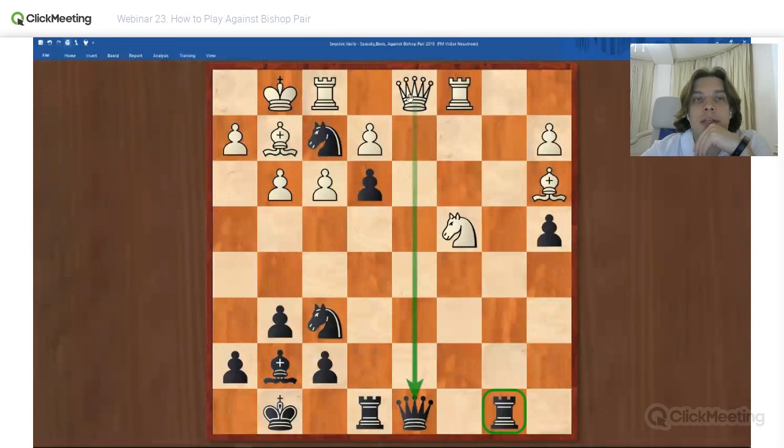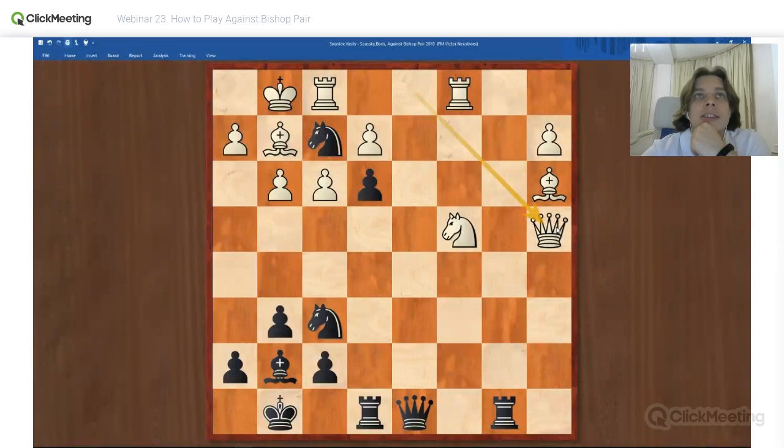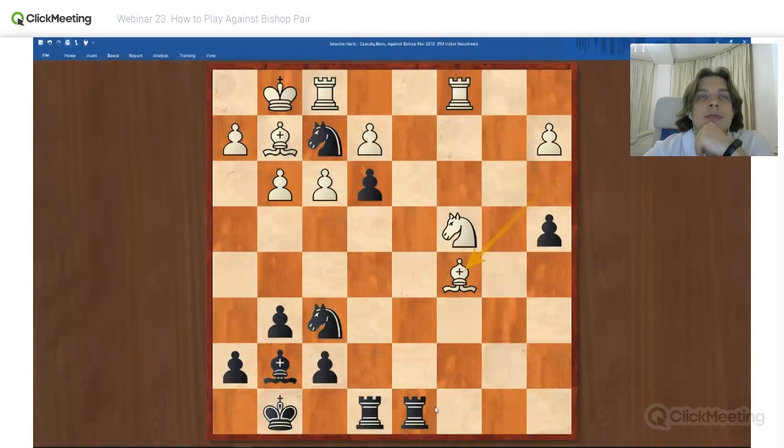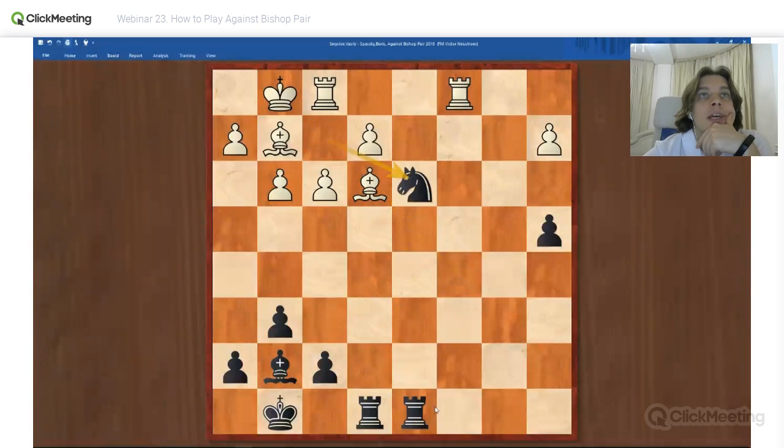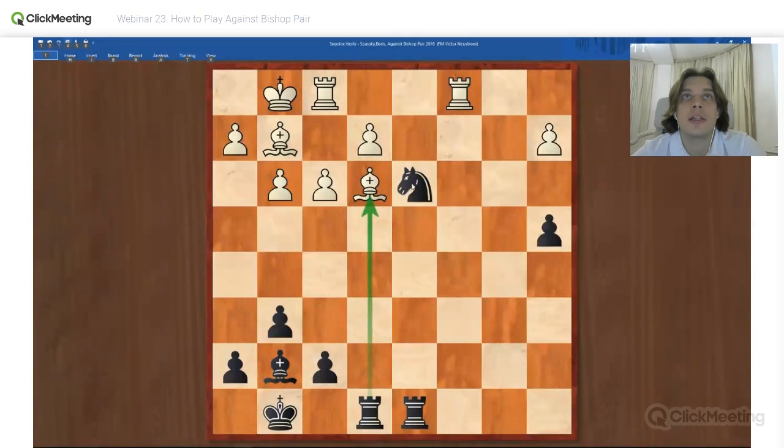Here, of course, he may take our queen, but he didn't. He decided to capture the pawn on a4, at least to get one extra pawn. If he takes the queen, then rook b takes here, then bishop c5 with the idea to attack on a3. However, knight d5, knight f3, knight takes a3, bishop f3, and then we play the knight d3 move. This is a double attack. His bishop is hanging and his rook.